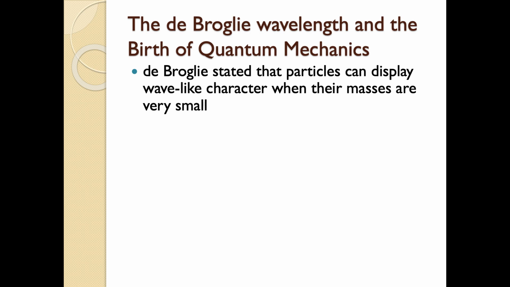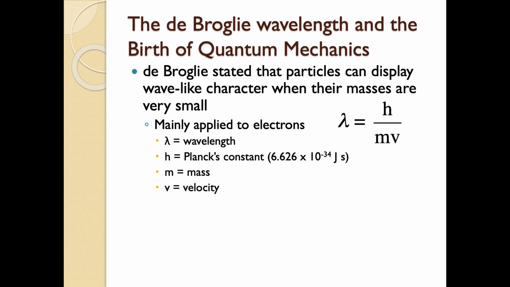And de Broglie was able to actually model this to a large extent, even came up with an equation. We probably will not use this equation very often. Of all the equations in this chapter, it's probably the least important one. The other ones are probably more important. And one of the big things from this equation is simply that particles can have this wave-like character. And when scientists started thinking about it, they started thinking, well, what's the smallest particle that